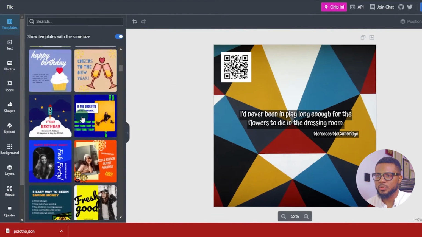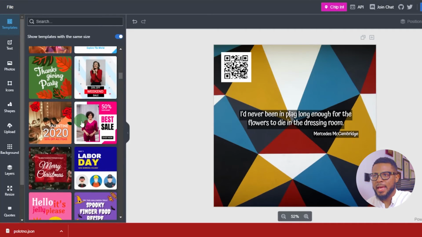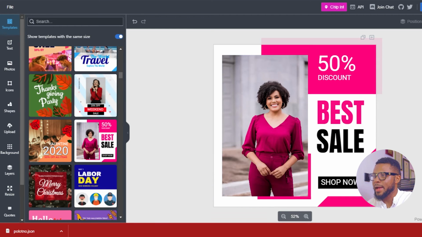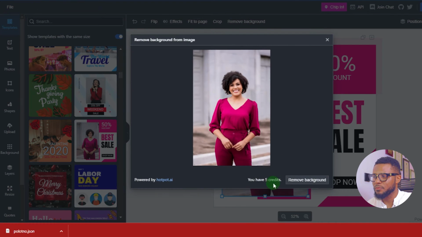So all I have to do is select any template whatsoever. And for some reason, I just love something simple, so let's just say I want to do this. So here I have this right now. All you have to do is change the picture. You can replace the picture with any picture whatsoever. And again, it has a background remover, so you can decide to remove the background, click on remove, and it's going to go ahead and remove the